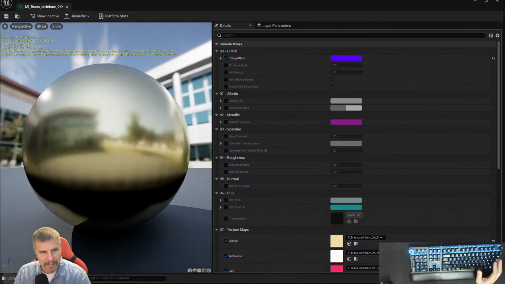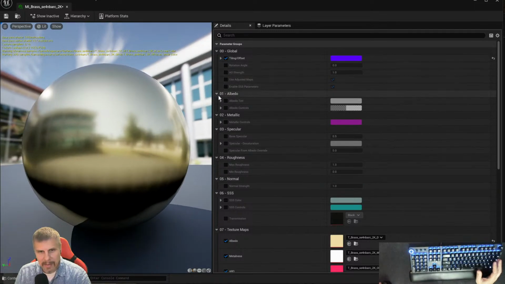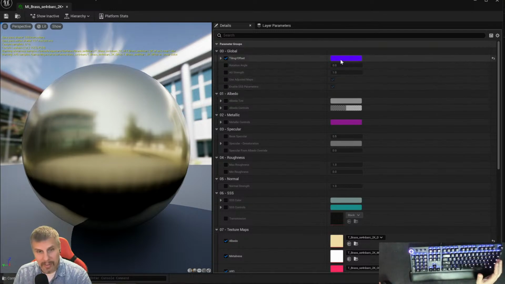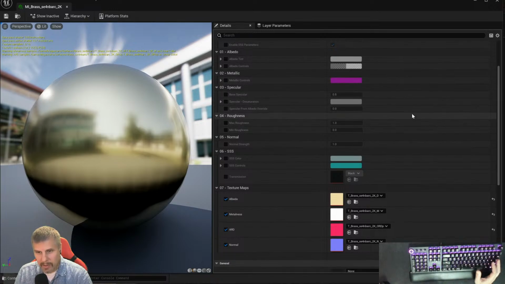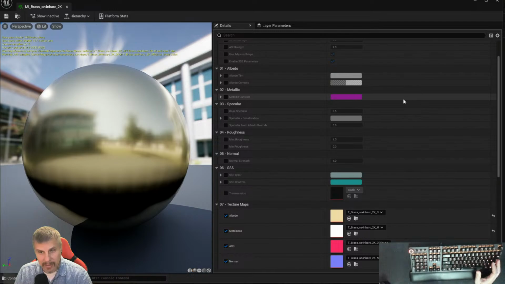Okay. Global tiling offset. And it's probably not even dealing with color, probably tiling or something. So whatever it was, it didn't change the color. It changed a bunch of colors in here that